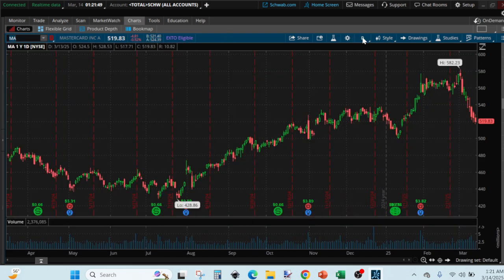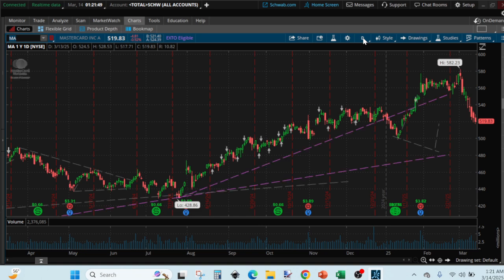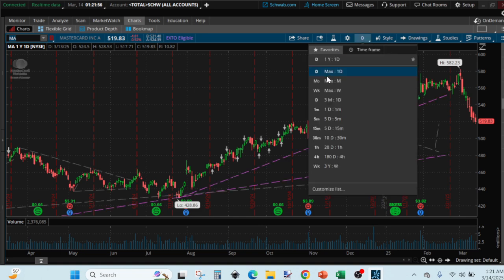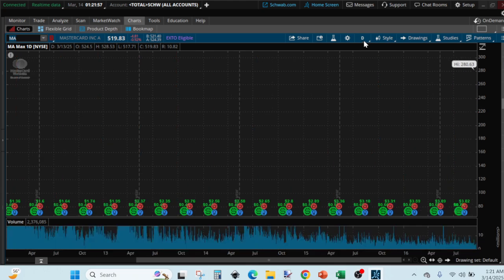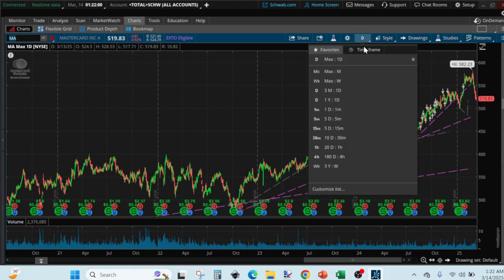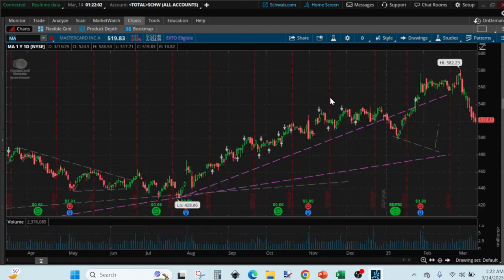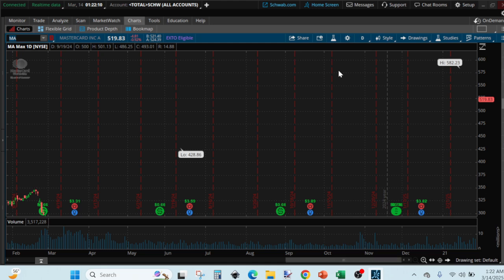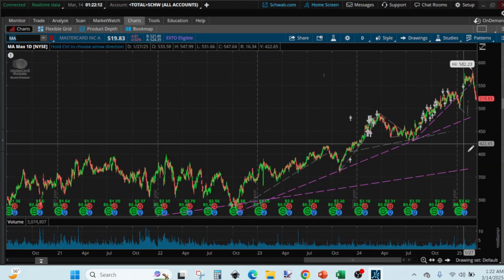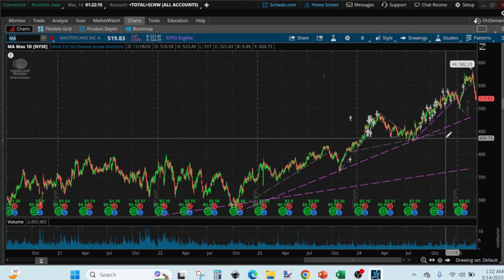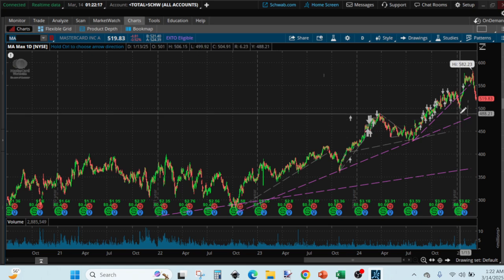You will use the maximum daily chart, or the 1 year daily chart, for your chart analysis, but I'm going to use the maximum daily chart so that we can see all our trend lines or support lines if they are lower than where the price is. For MA,